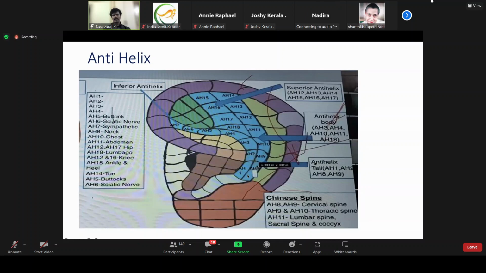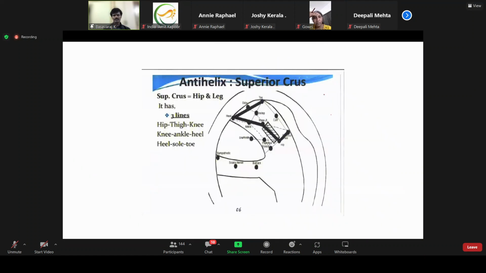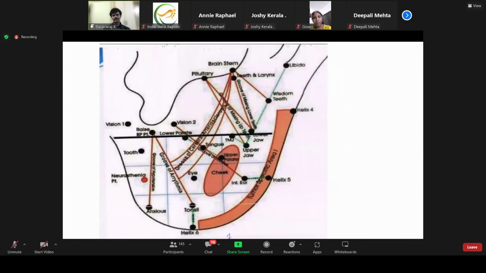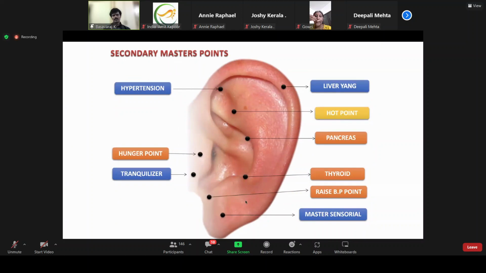The other part of this anti-helix outer side, so AH8, 9, 10, this belongs to the outer side of the helix. Okay, so this again goes with the spinal reflexology concept. So AH8 is your neck point, AH9, 10, 11, so it is going to be your abdomen, chest reflex. All these things come under helix. So I'll just show you a few of the things. So you can see here, if it is not visible, just text me, I will change the